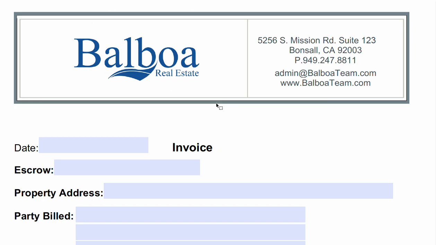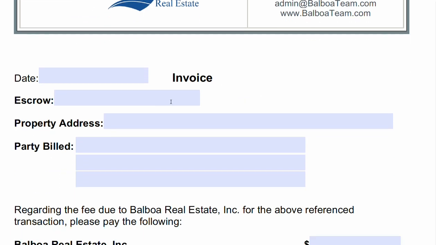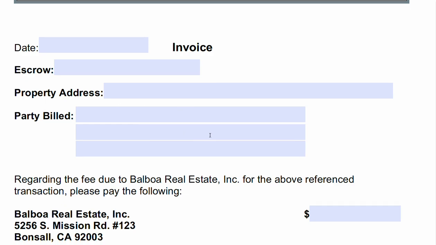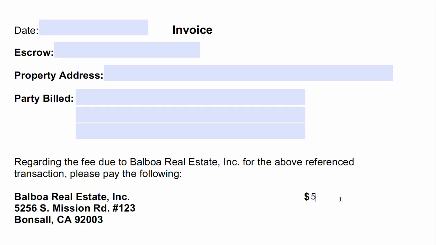Pass those fees through, and call it what you want: broker processing, broker compliance, risk management, transaction coordinator. But the point is that you go in the middle of escrow, you have this invoice created, party billed, you put the party in, the amount you're charging. We're going to charge $500. We're charging Bob the buyer, who made me chip in and pay for and rebate a bunch of my commission because he ran out of money, and it turned out that there are more closing costs than I imagined, and I want the deal done because I've been working with Bob forever and he's been driving me crazy. And so I'm contributing a portion of my commission, but guess what? Bob is going to pay my broker compliance fee,